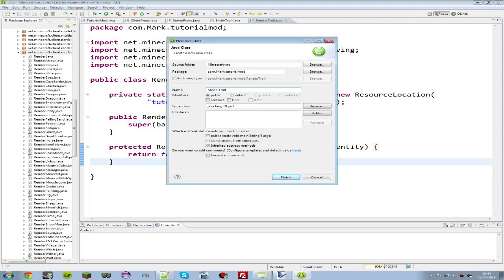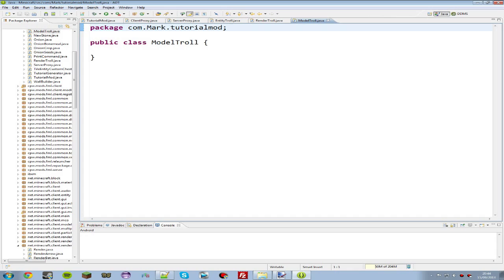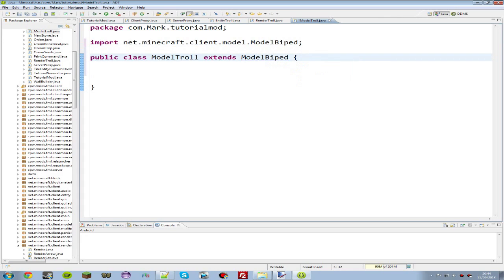So model troll, is that spelled right? Hope it is. Yep. So right here I'm going to extend model biped, which is a two-legged creature. I've got the S, and I can import that. Okay, so this class is very small compared to the class that you would have if you were making your own, or you can go into Technate and generate this class based on what you've got, and there's a lot of stuff that comes up here, but because I'm just extending the model biped that's already made for me,